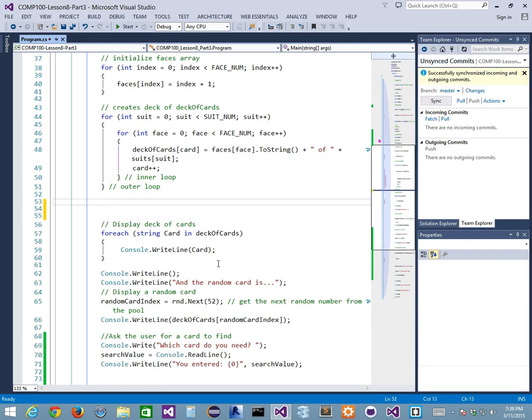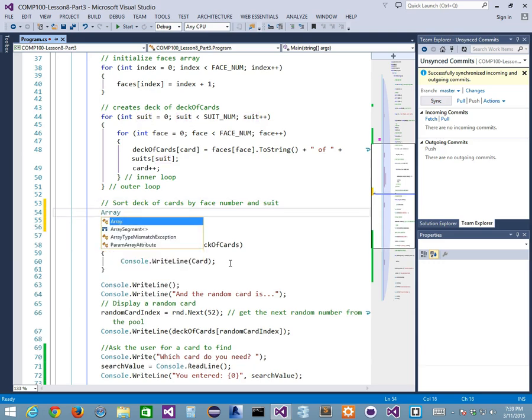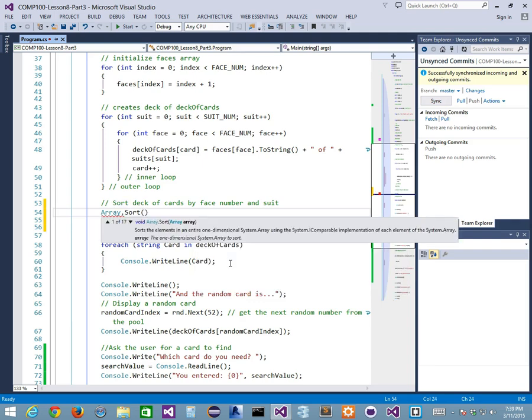I'm going to put a comment. Sort deck of cards by number, face number. That's what's going to be face number and suit, right? That's what's going to be done. Okay, so how do I do that? I just do this. Array, the array class, dot, sort. And then inside there, I put in my deck of cards,